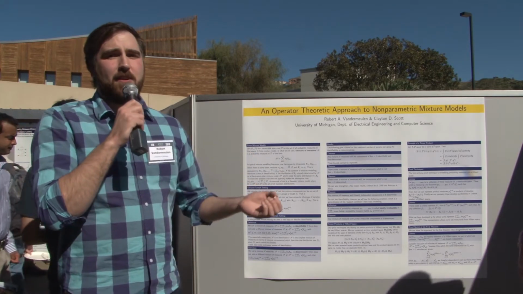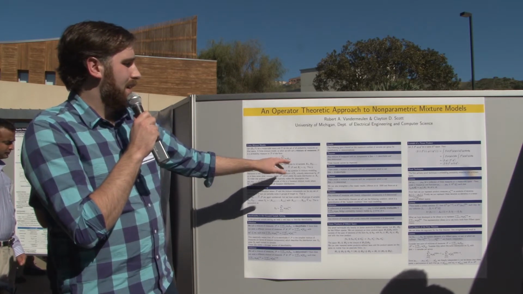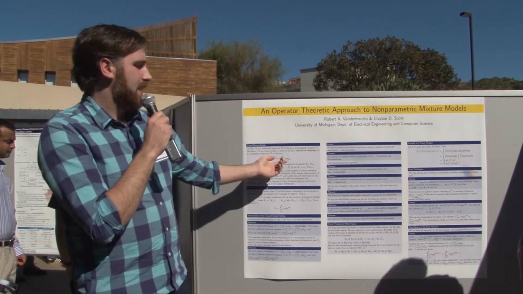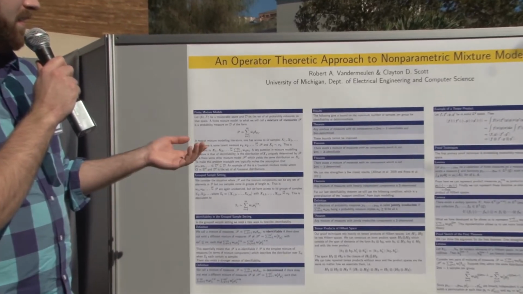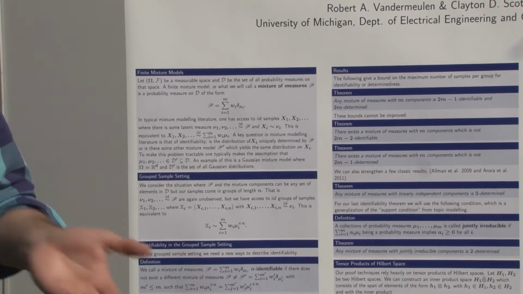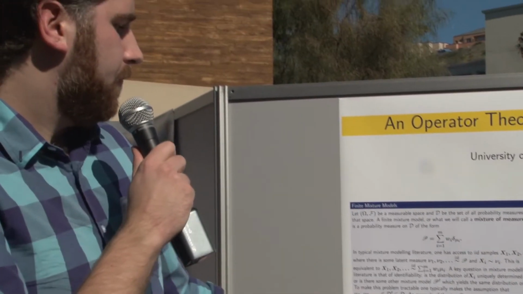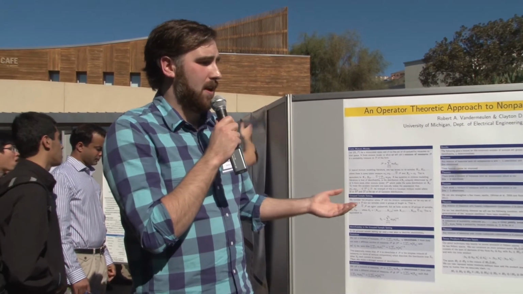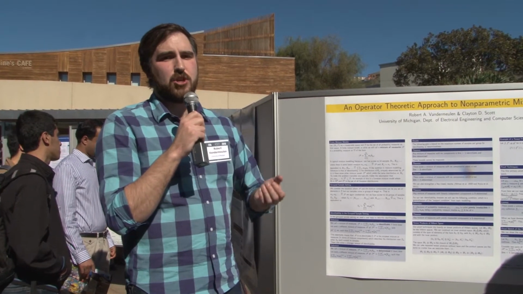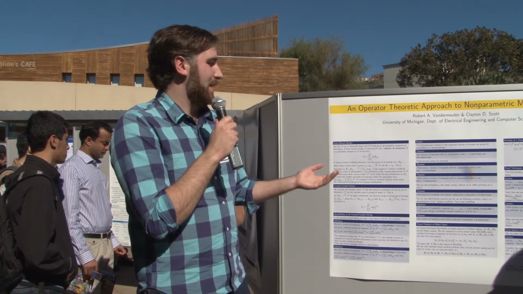There's a notion of identifiability with these problems, which is: if there is a true mixture, in some sense, is it the only mixture that would describe the data that we observe? And this is true for Gaussians. No Gaussian mixture model looks like any other Gaussian mixture model when you observe data. So we say, well, what if we get rid of this assumption that it's Gaussian and say it could be any possible mixture component? Well, we need to make some other assumption which allows us to get a grip on the problem.